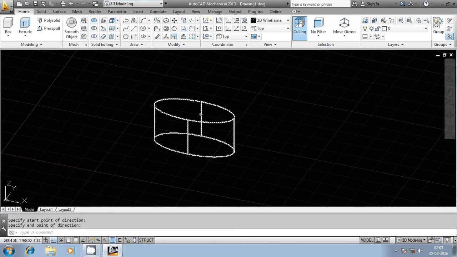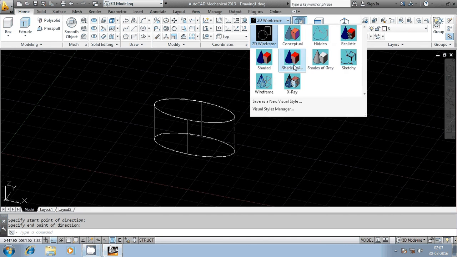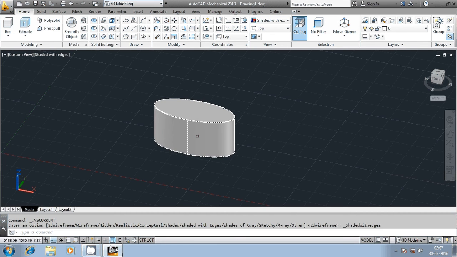Normally it takes the Z direction, perpendicular to the plane in which we have drawn the profile. The height of extrusion will be the distance between the first point and second point I have selected. You can see here we got the 3D model.